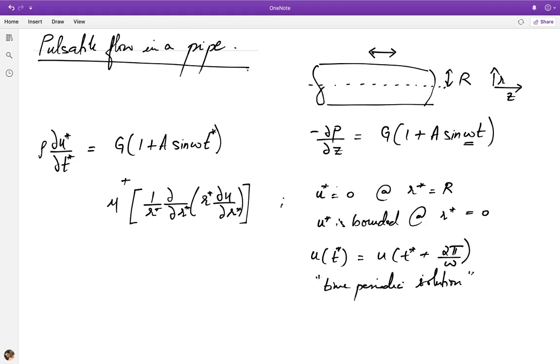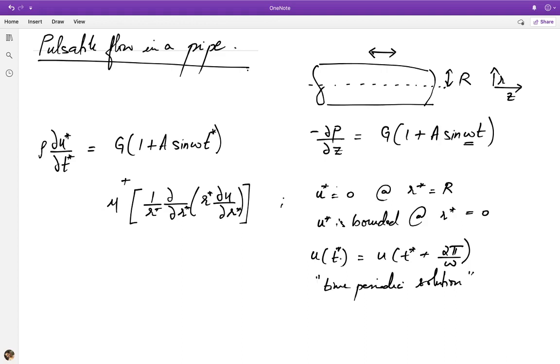If you want the early time solution, then we need to solve the same problem with some specified initial condition. But whatever the initial condition, we expect the flow to ultimately relax to a periodic state. And that problem can be solved also, in this case analytically, because the entire governing equation is linear. But it will ultimately lead to the periodic solution. So today we will just focus on the long-term periodic state of the flow.